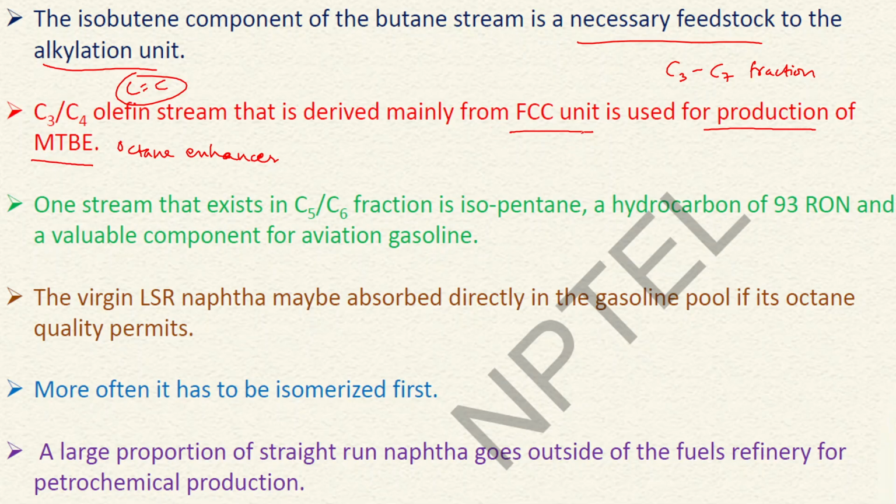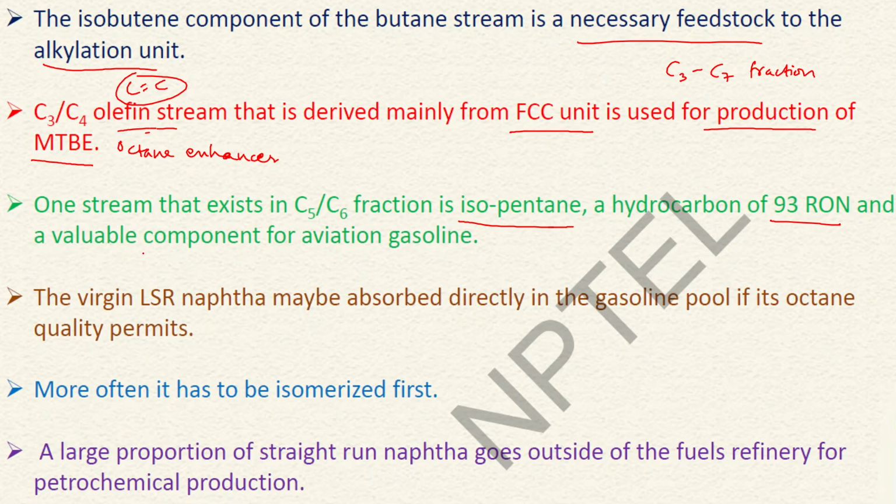The naphtha that we get from the FCC unit consists of some olefinic portion also. Then it consists of some C5, C6 fractions, which are isopentane. It is an isoparaffin, a hydrocarbon of 93 research octane number,